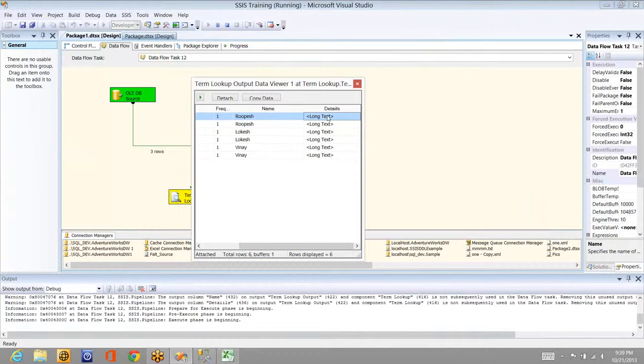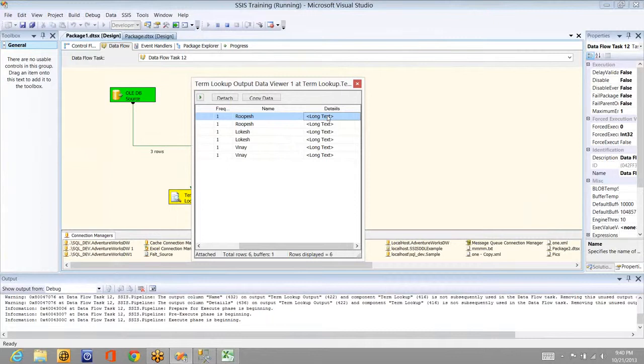It will go and check whether this particular term exists in the particular string, the text data type column or not. If it is available, it will pick it. Let's say you want to pick only excellent records where the word excellent is available in the details section or any particular column where they have given the complete feedback. So you can use this term lookup. I'm looking for this term and get this data. So term lookup is the best transformation in that case.